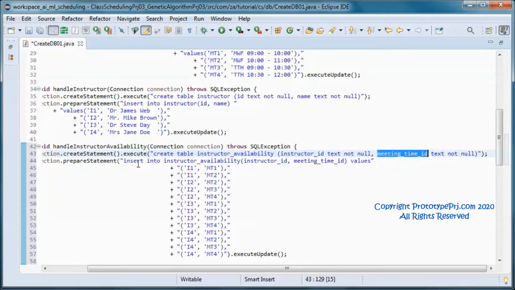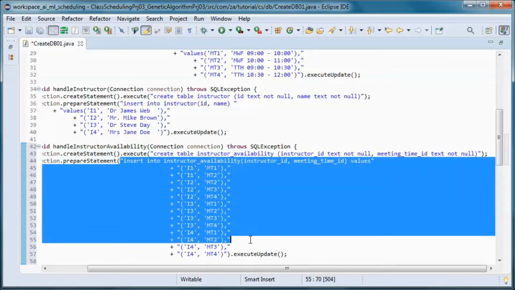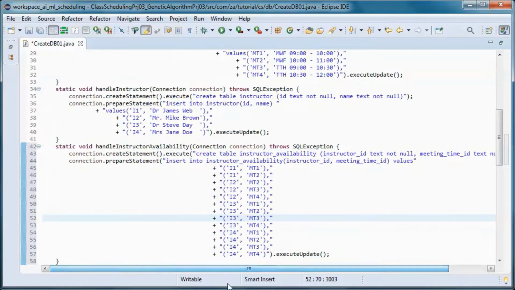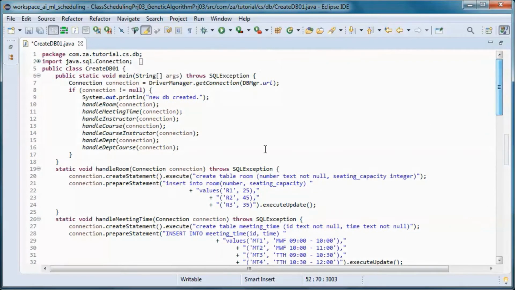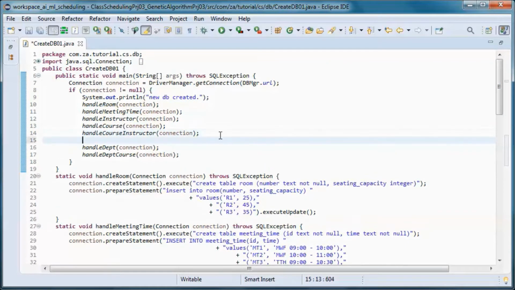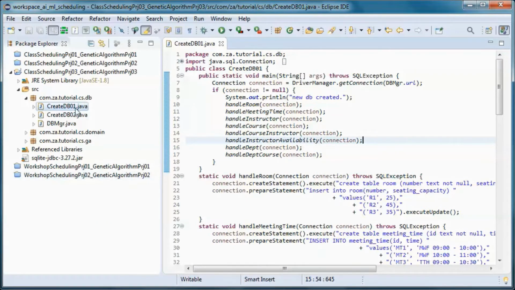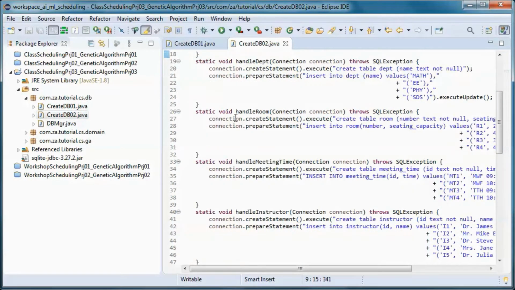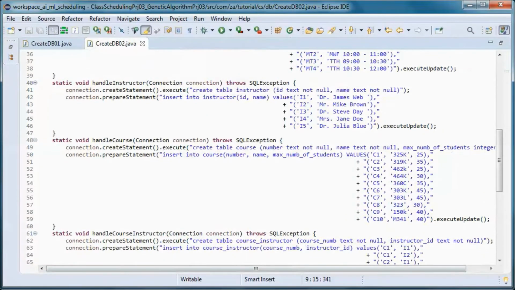And we will populate this table here. And let's call it from here. And let's do the same thing for this one.